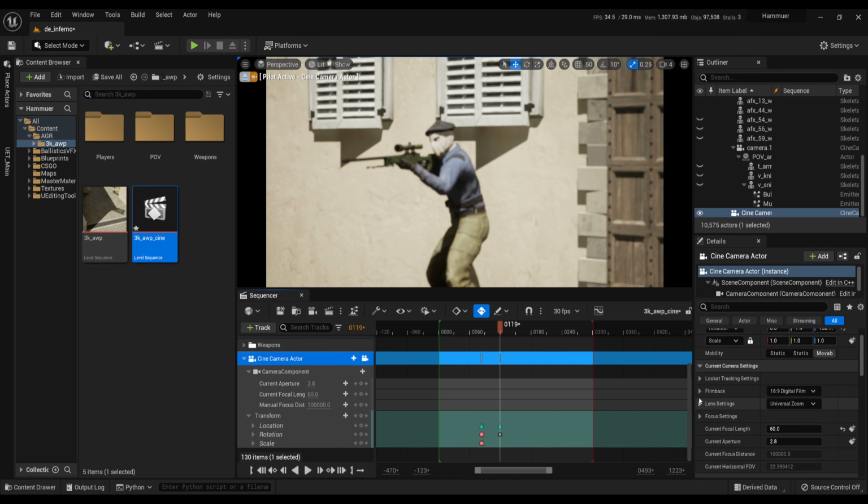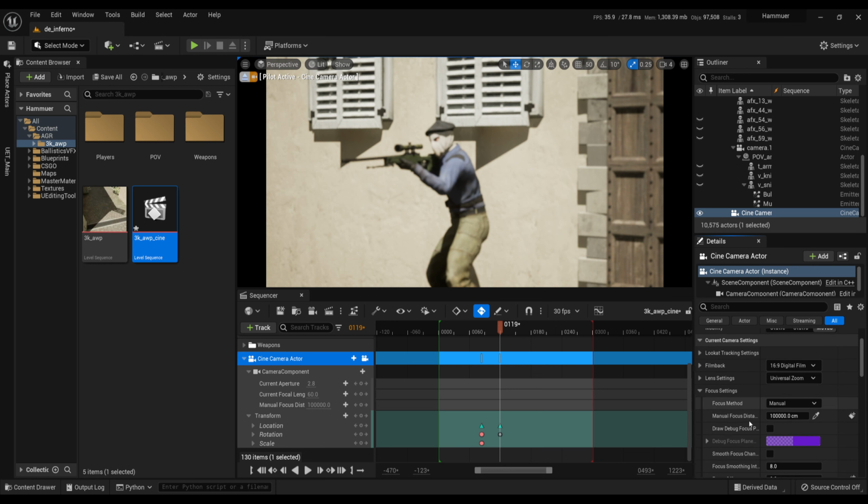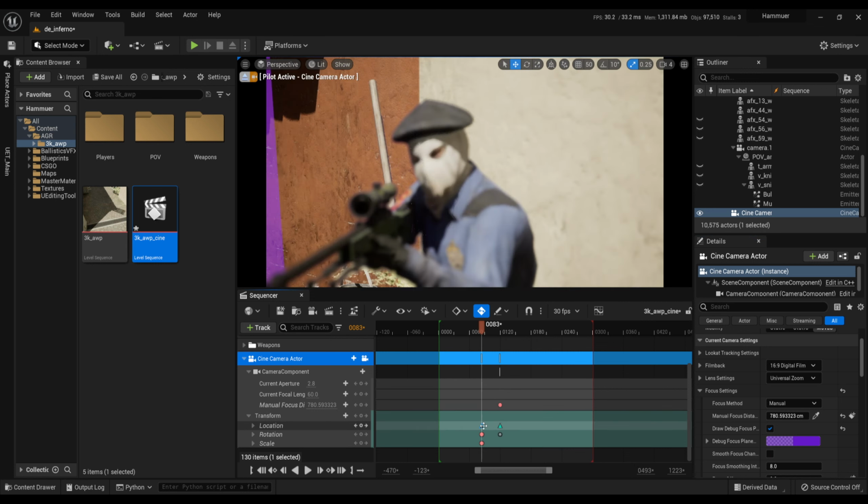Our main character is out of focus. We can change it with manual focus distance. Press this button to add a keyframe.